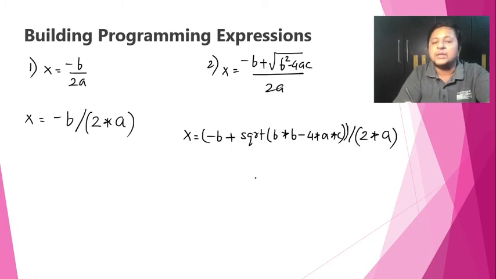In algebra we used to start with round brackets, then if I required one more outer bracket, I used square brackets, and the outer of that used to be curly braces. Here that is not allowed because square brackets and curly braces have their own meaning. Whatever number of brackets you require in a programming expression, we have to make use of round brackets only. Okay, let's go ahead.